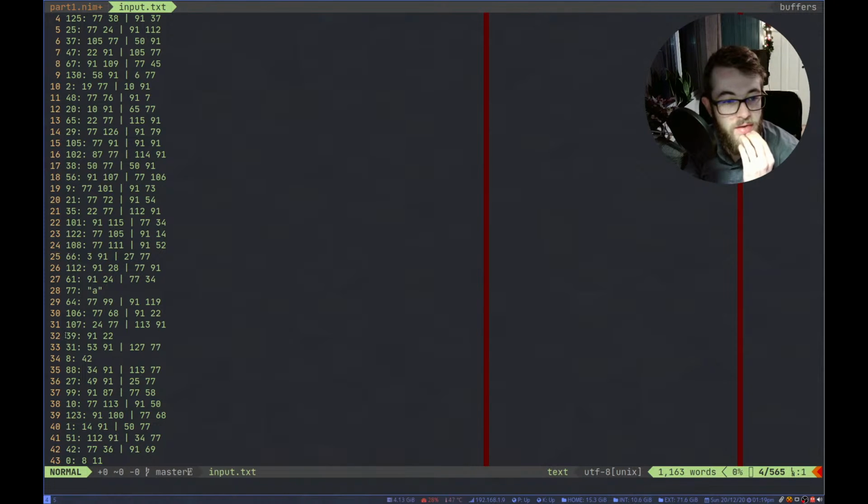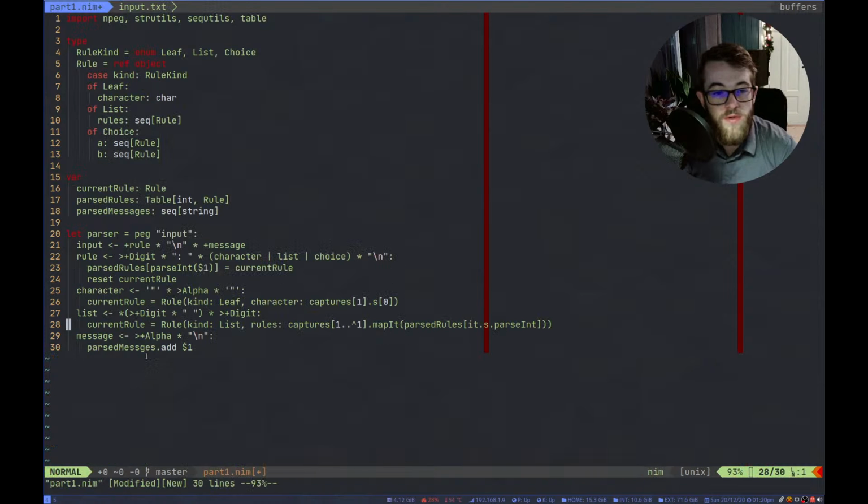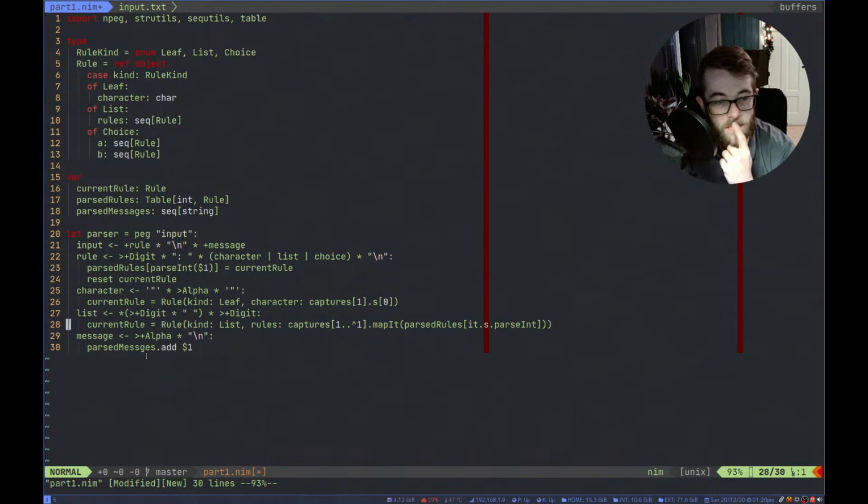This would read, okay, come to here, read 91, try to look 91 up in the table, but 91 hasn't been parsed yet. So 91 isn't in the table. So this would fail. So to mitigate this, I think we are just going to say,